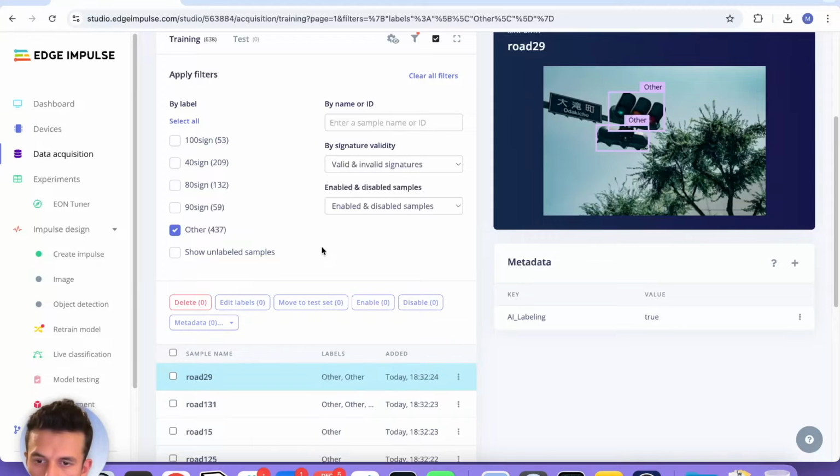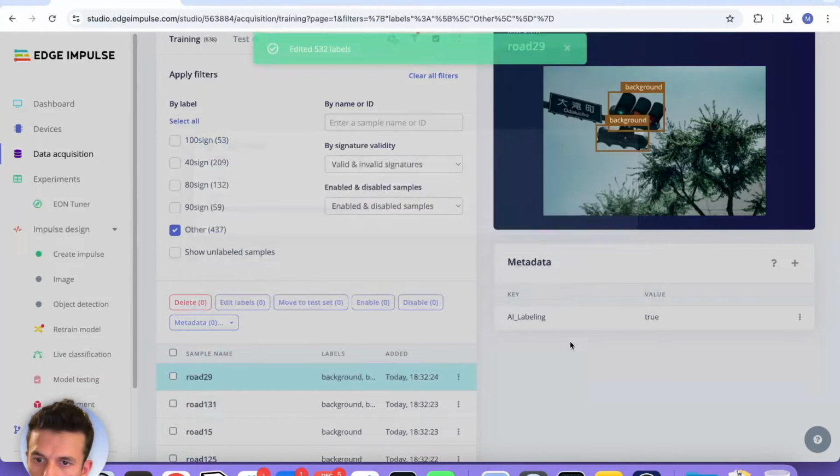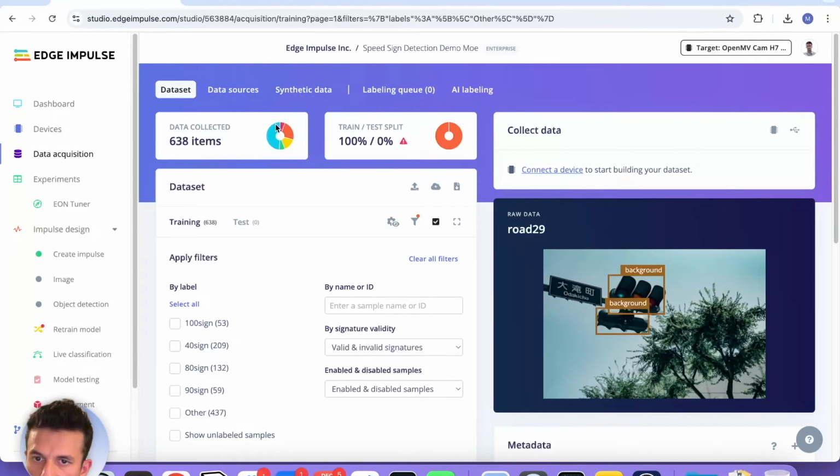Okay, cool. Let's just overwrite this last one as well. Okay. We now have 5 different classes